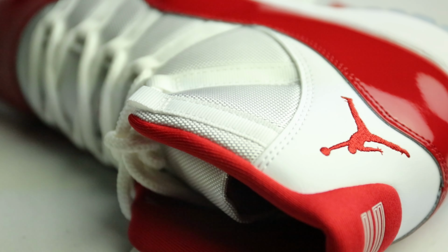Today we're going to take an early look at the Jordan 11 Cherries. These shoes are releasing on December 10th. Retail price is $225. I was able to actually score these off of the Sneakers Live event when they did the shock drop a couple of weeks back. And so I got them in the mail a couple of days ago, and I can tell you this is a